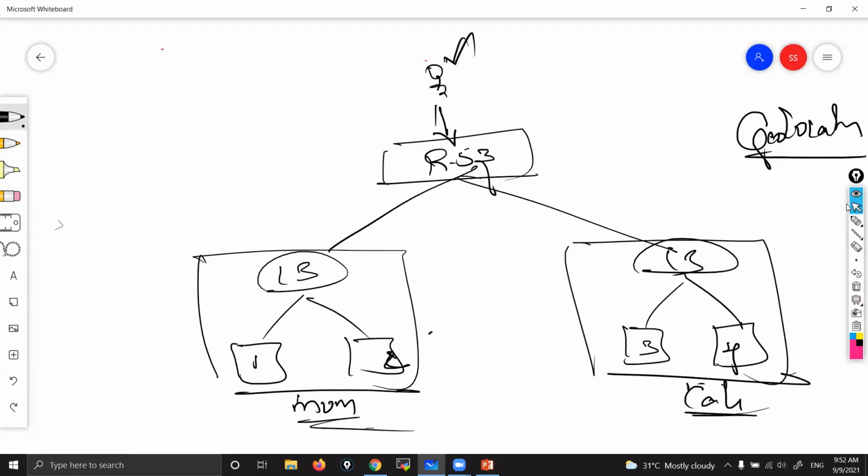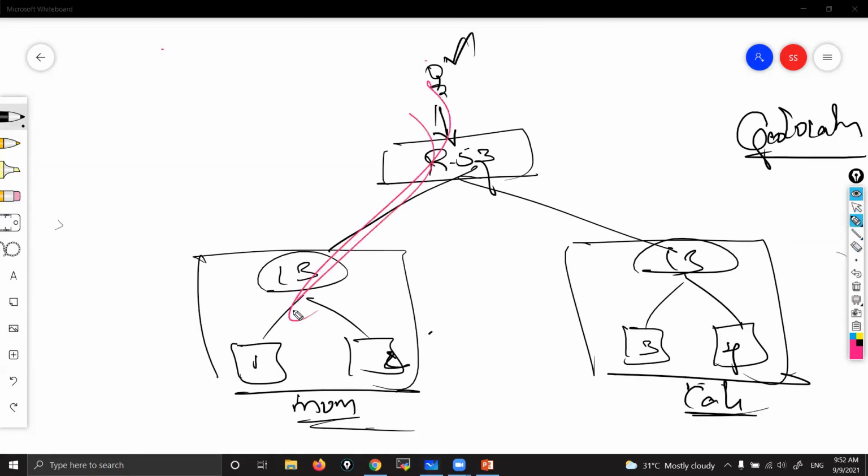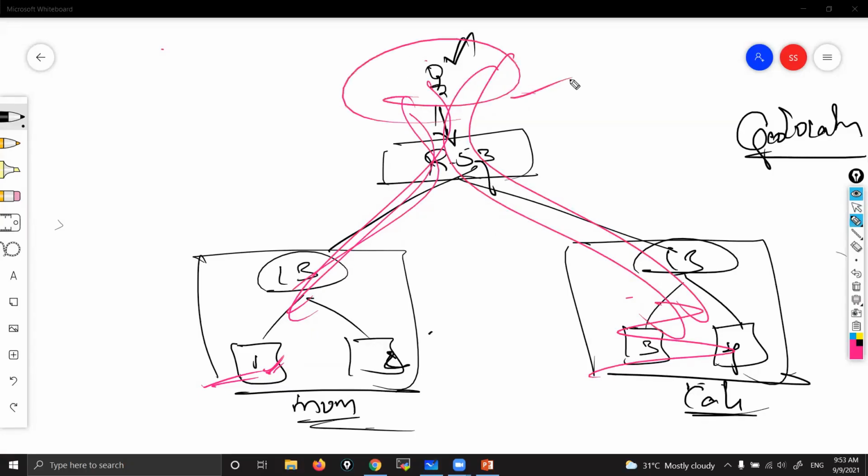If a customer is from India, his request should be routed to the Mumbai region, because here I configured prices in local currency and local language, Hindi and all. If a customer is from US, his request should be routed to California. That means purely based upon geographical location, from where the user is searching.